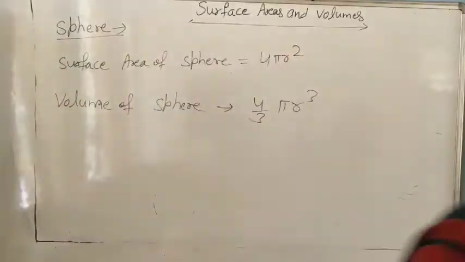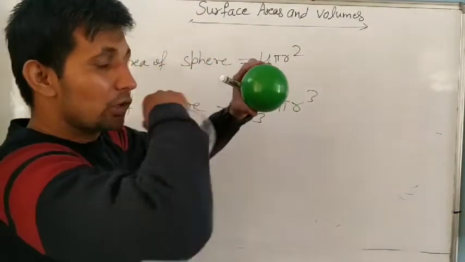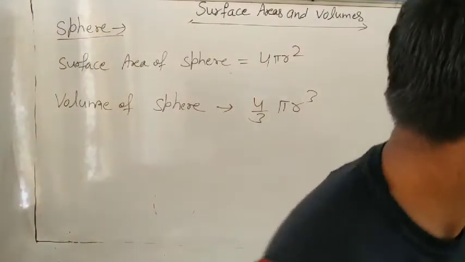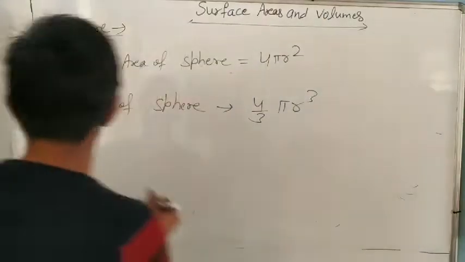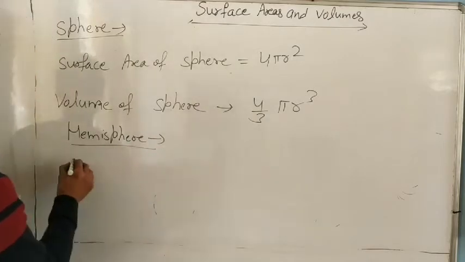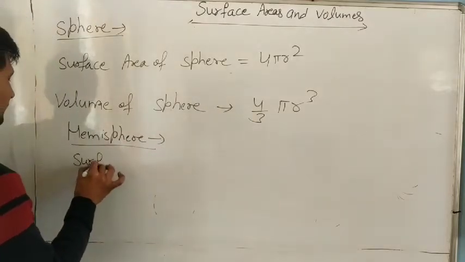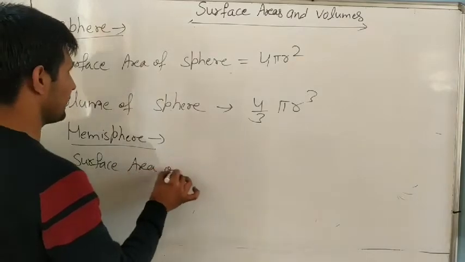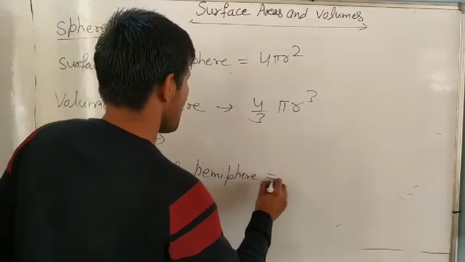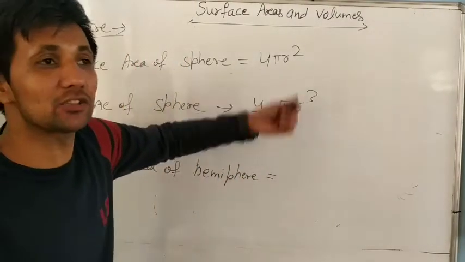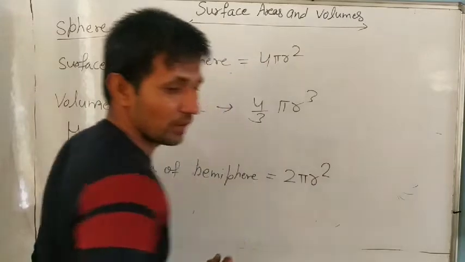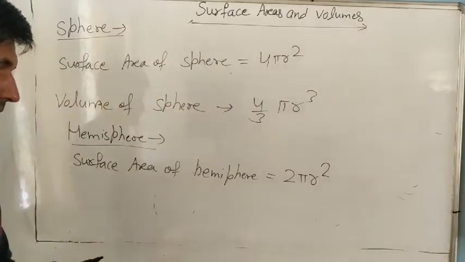If I cut the sphere into 2 parts from the middle, it becomes like a ball. It is a ball. It is an example of a hemisphere. Okay. So write surface area of hemisphere. Yes, total of sphere is 4 pi r square, and if we cut in 2 parts, it means half of this one. How much? 2 pi r square. 2 pi r square. Okay, and